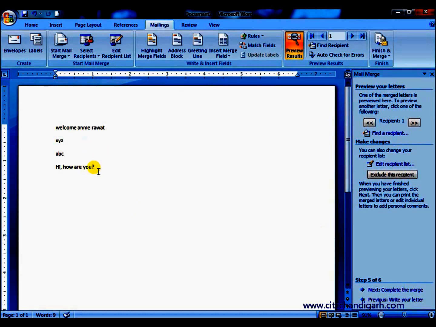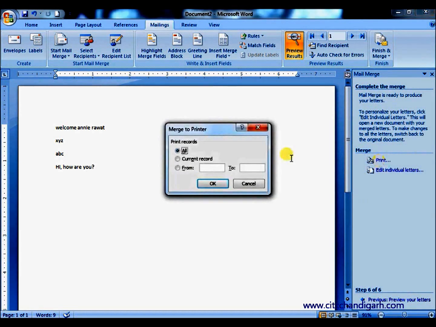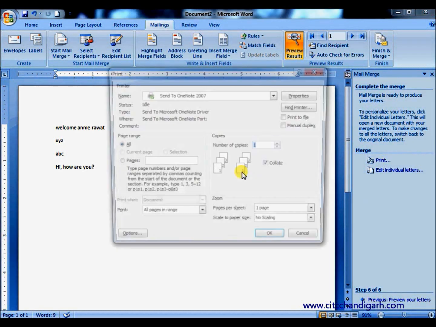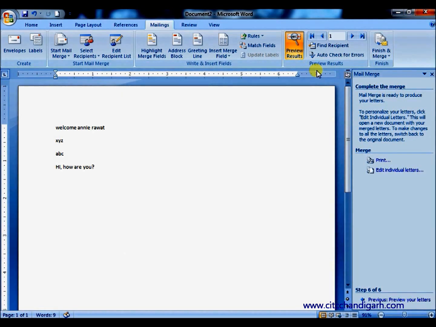Now click on preview your letter. You will be able to see the preview of your letter. This is your whole document. Now you can click on complete the merge. You can print it, current record. If you want to print 1 copy, 2 copies, that's your wish. You can print it by clicking on the OK button,